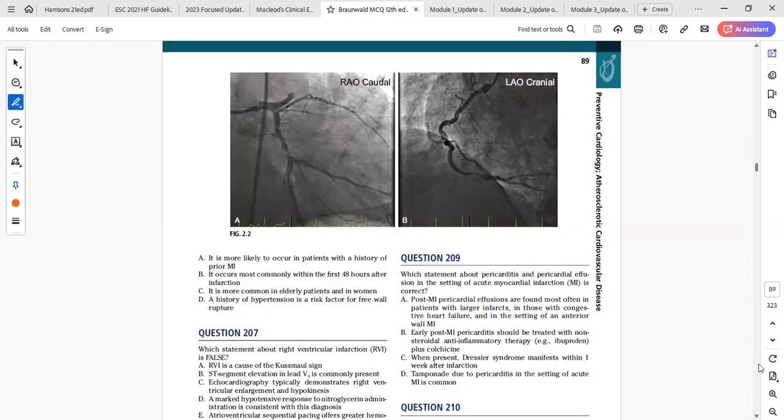Because like I said earlier, if there is a prior myocardial infarction, there is a scar tissue that is already there, and that myocardium will be more resilient and less prone to rupture. So the answer for question 206 is A. That's the false option. I don't know whether there are contributions. Oh, I should go on.